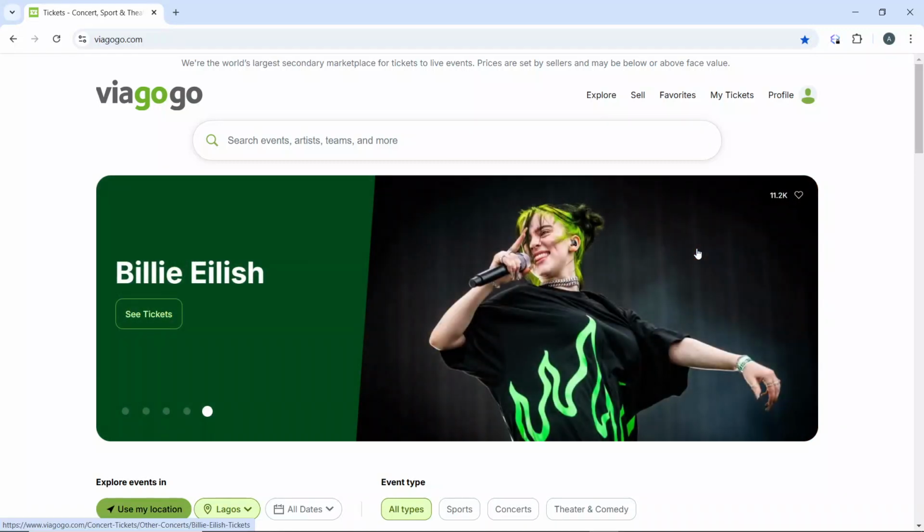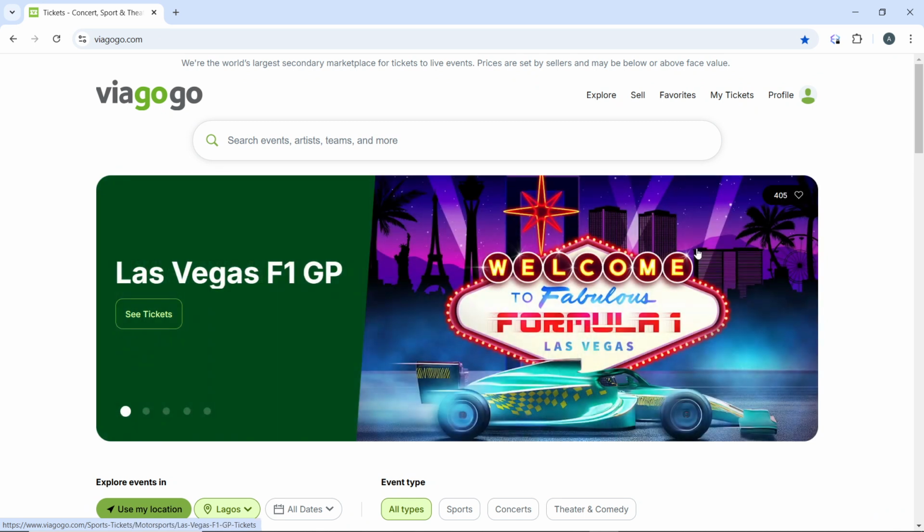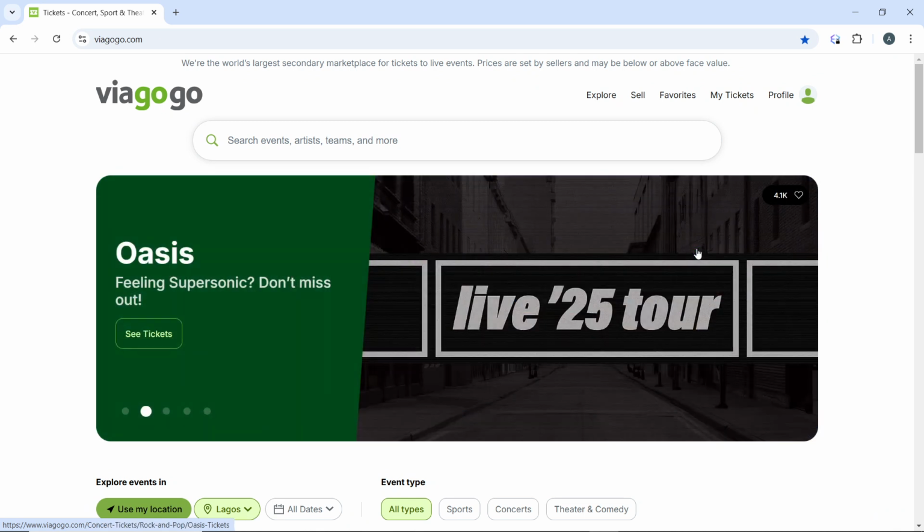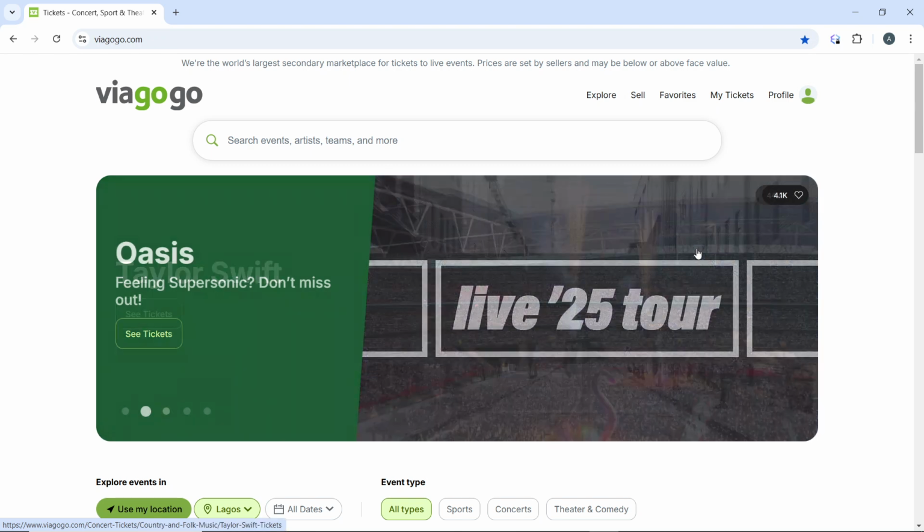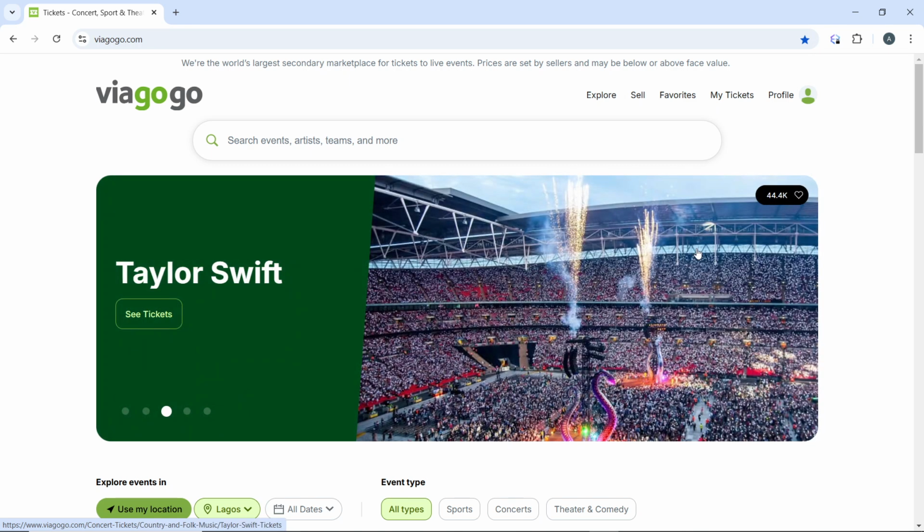Hello, in this tutorial I'll show you how to deliver tickets to a buyer on Viagogo. The first thing you'd like to do is to open the Viagogo web app at viagogo.com and log in using